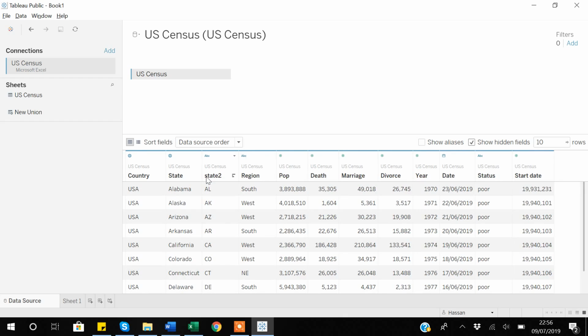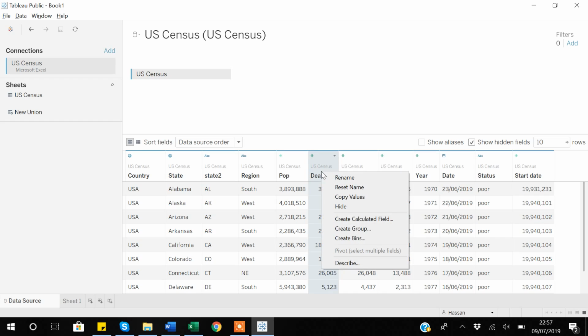The other thing is suppose you want to copy the column. Sometimes when you need to do some mathematical operations, it's advisable to use a copied column, so that if you make any error, you have the original data as it is. So if you want to do that, I right click it, and there is an option create calculated field,